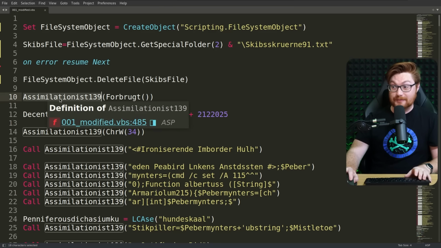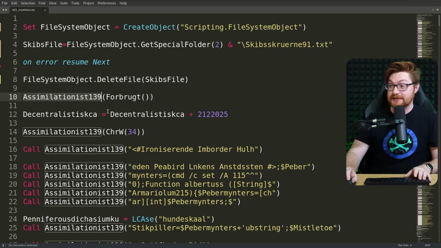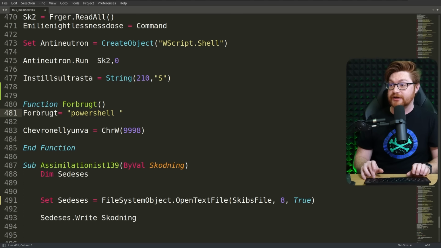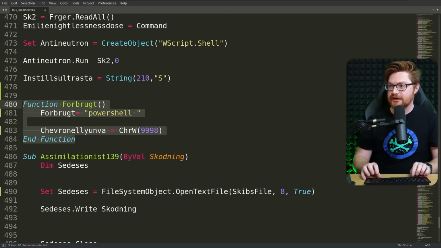Then we have this assimilation function call, apparently called a lot, with 4 brugged passed in as an argument. I'm curious what that is. It is defined as a function down below, and very, very interesting. It's just these lines. Now, note,